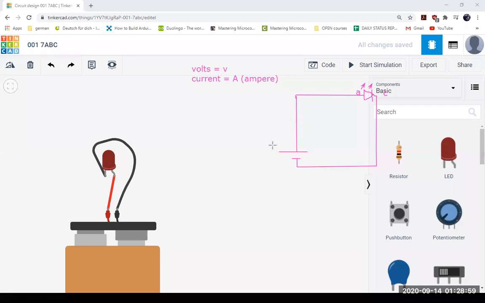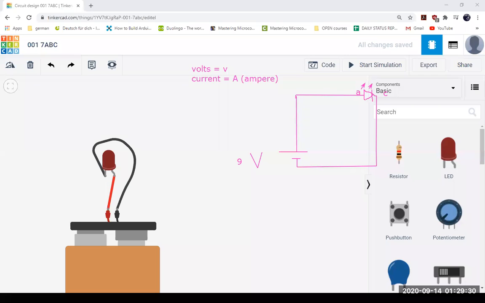So this is a battery. So how many volts is it giving? It's giving us 9 volt. Giving us 9 voltage. We cannot say power, it's just the voltage. And how current flows? Current flows from positive to negative.